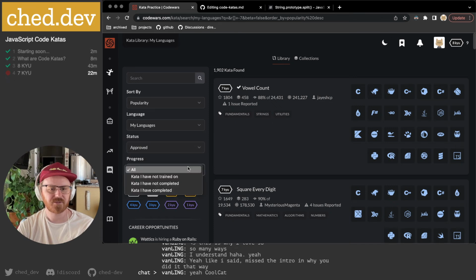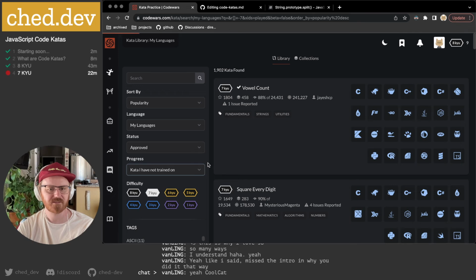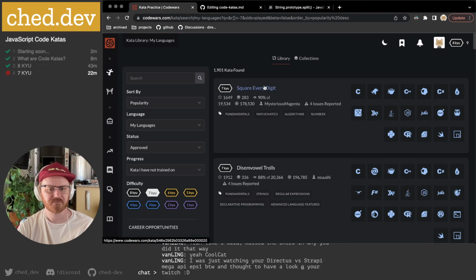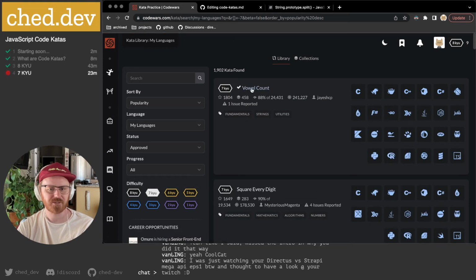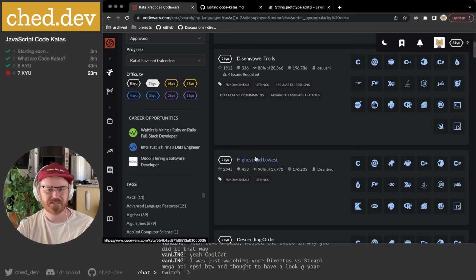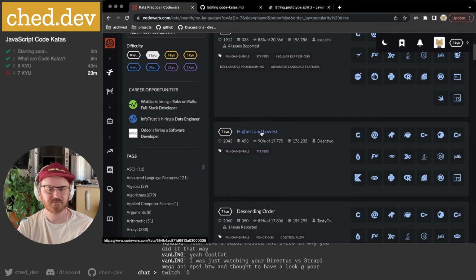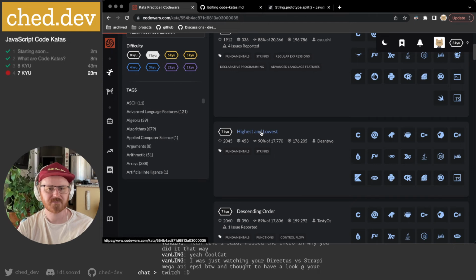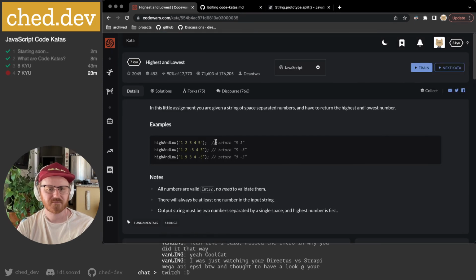You can also do katas I have not trained on. So if I've already finished some, like I'd had val count, you see it was in the list with the check mark, meaning I'd done it already. Katas I have not trained on. Highest and lowest. Let's try this one. The highest value and the lowest value. So there's a lot of problems with breaking this up and getting this into the value you need, but